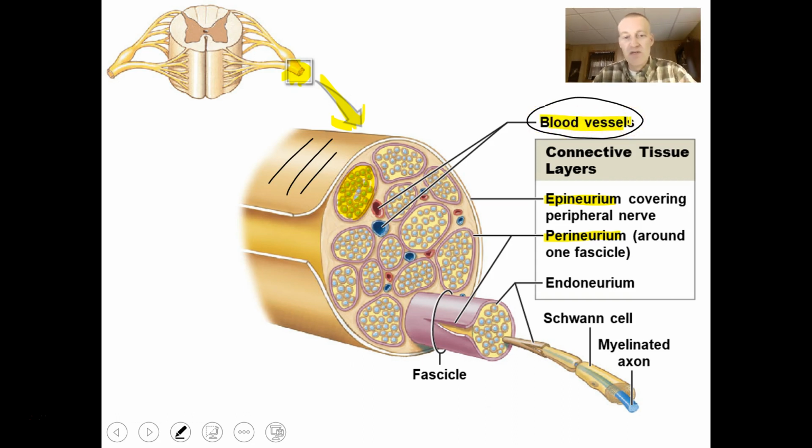There will even be nerves that are in there. There will be nerves that will service so that you can feel pain in your nerves. I know it's kind of weird to think that your nerves feel pain, but they do. If you take one